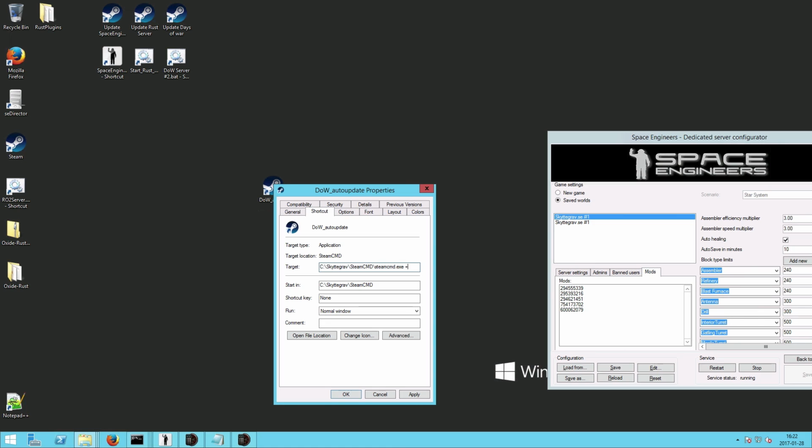So I'm gonna type in a plus login anonymous. I'm gonna space plus sign again force underscore install underscore dir, and the path, and it was